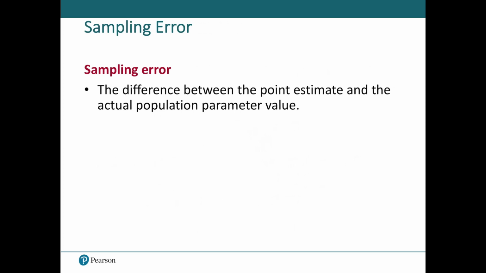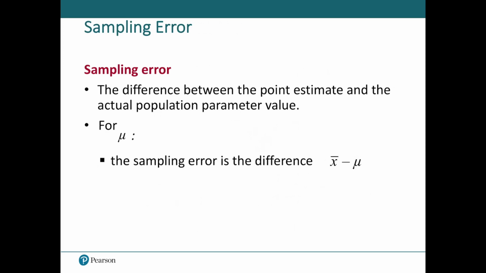Okay, sampling error, the difference between the point estimate and the actual population parameter value. That's going to happen. That's why different samples give different results almost every time. Once in a while you get a couple that are either a tie or virtually a tie, but that's unusual. Usually they're off by a little bit, and that's just natural sampling error. That's part of the game in statistics. We're different than math. Math is just rock solid no matter what, carved in stone. Statistics, not quite the same way.